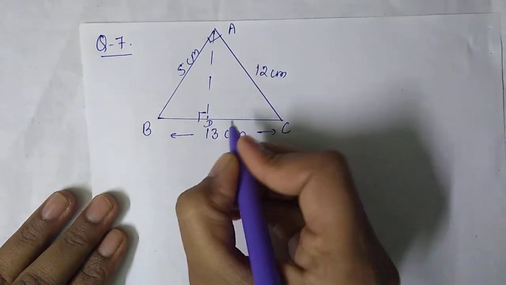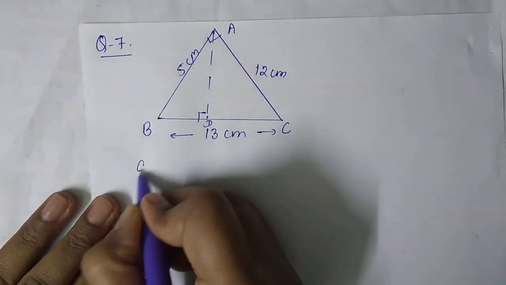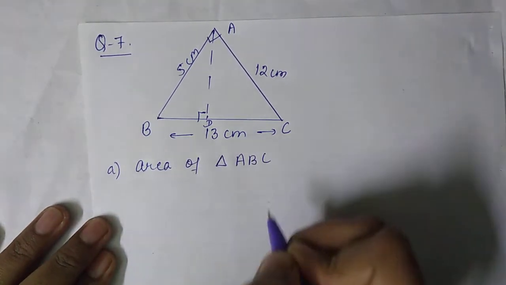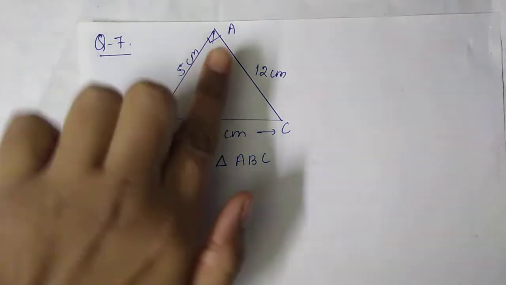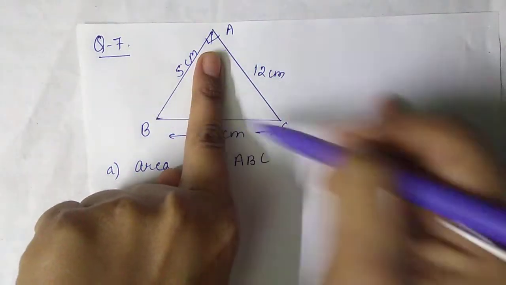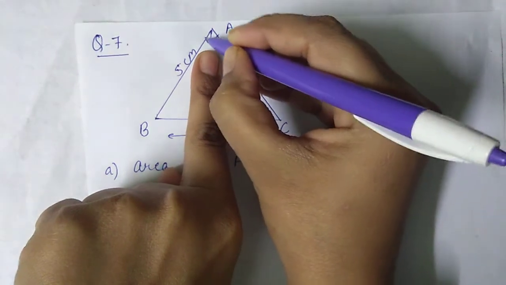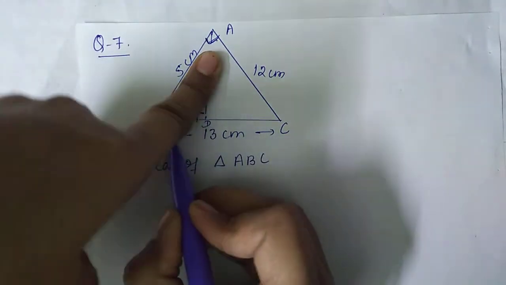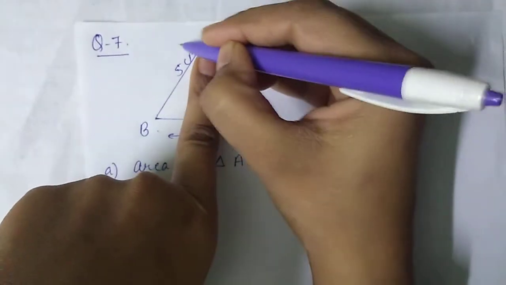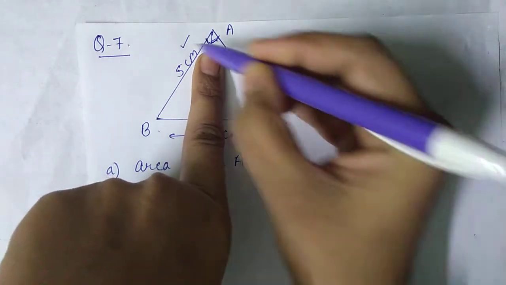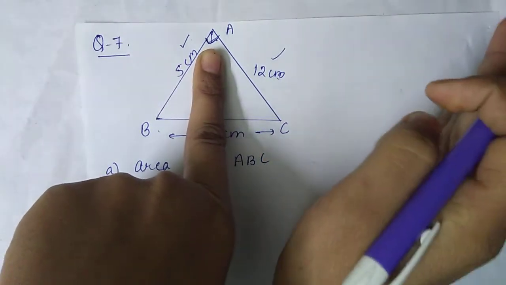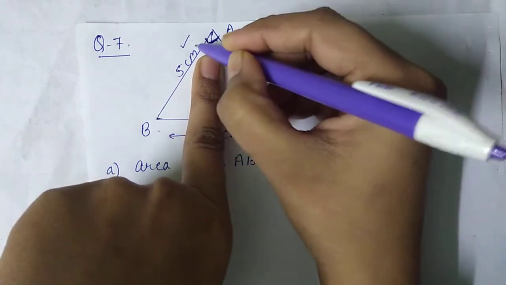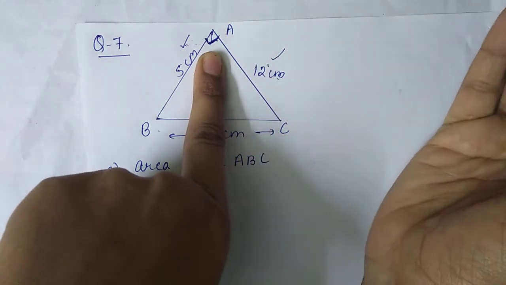This is point D. First we have to find the area of triangle ABC. If I hide this line, this is the triangle ABC and this is 90 degrees. Opposite to it we have the hypotenuse, BC, and the other two sides will be base and height. Again, I am saying you can take any one of them as base and height if the 90 degree angle is forming at the vertex. So you will get the area of the triangle.